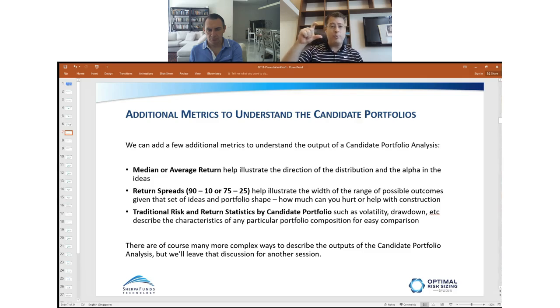Then we're going to talk about the spread of potential returns. You'll notice here that we've trimmed off the far tails. So the 100th percentile and the 0th percentile are less interesting to us than, in this case, the 90th percentile versus the 10th, or in the fatter part of the distribution, the 75th percentile versus the 25th percentile. This shows a realistic metric about how much room there is to improve. If we talk about a good portfolio taking us from the 40-something percentile to the 75th percentile, or if you could, by putting a bad portfolio composition together, drop all the way down to the 25th, this helps quantify